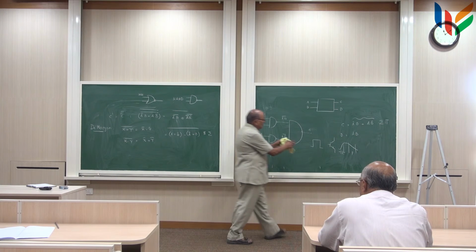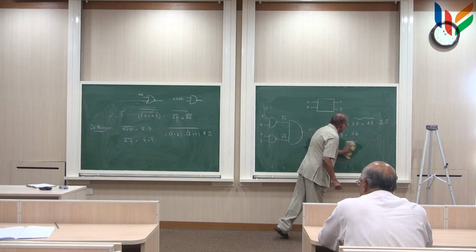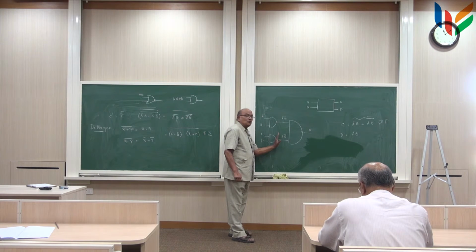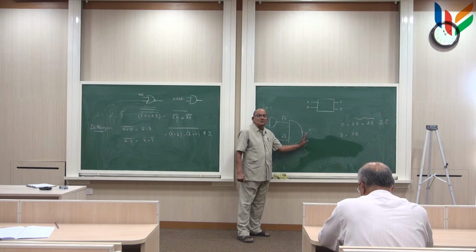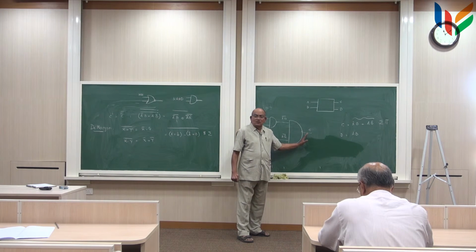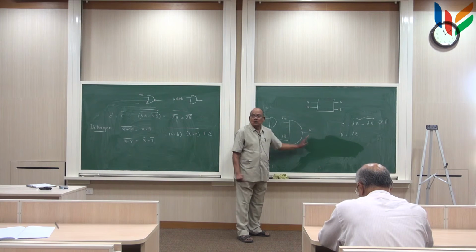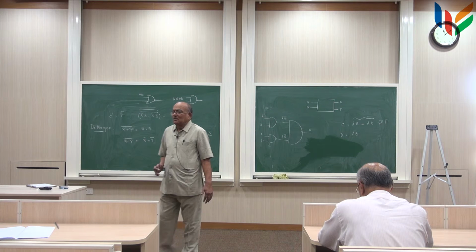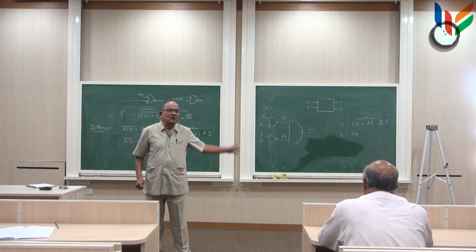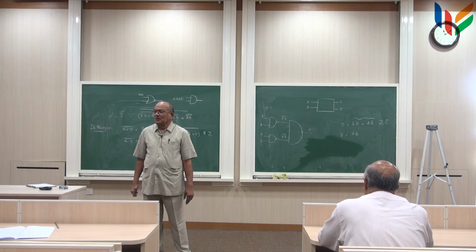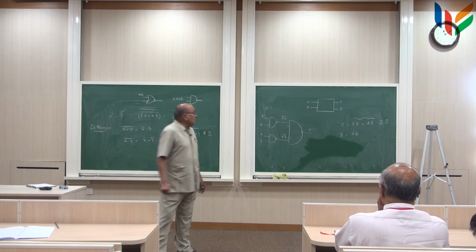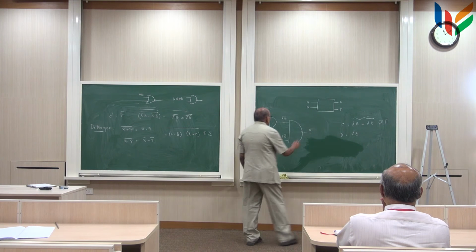So, as a result of this kind of behavior of these active devices, whatever you put here will take some time to happen here, and again it will take some time to happen here. So there is a delay from input to output depending upon the number of stages of the operation you are doing. In this case, there are 2 stages of operation. In a big circuit, there may be a large number of stages of operation, and it may turn out that this output